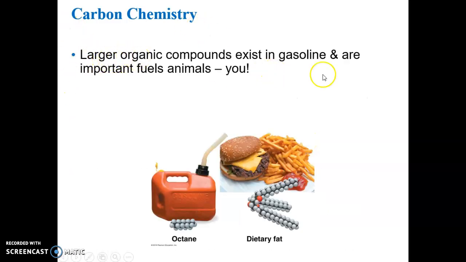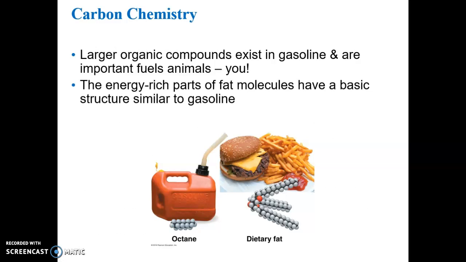So larger organic molecules exist in things like gasoline and also in important fuels in animals, like in you. Think of the fats or proteins or carbohydrates. This is a simple, relatively small dietary fat molecule represented here, but some of the fat molecules are much larger. And we harness energy from them by breaking them down, and every chemical bond that's broken releases some energy that can be transferred ultimately to what's called ATP, which is the direct molecular cellular energy of our cells during cellular